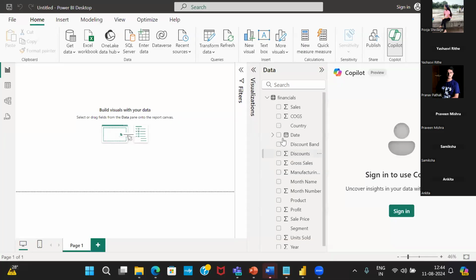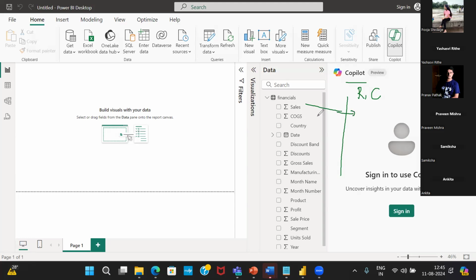Sharing my screen again. When you have to use Copilot, you have to use a Microsoft account. Basically, it is a company account. Right now I'm not going to be able to access this, but I will tell you how it works. As we load this data, the financial data is present. When we work with this data, Copilot will tell you all the data related information: how many rows are present, how many columns are present, what is the use of the first column, sales,